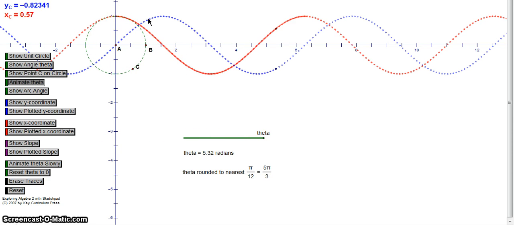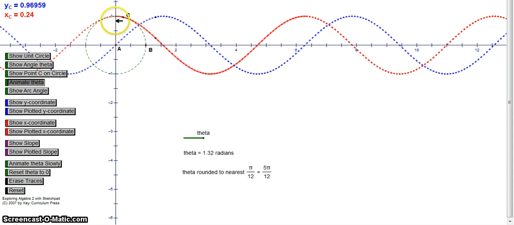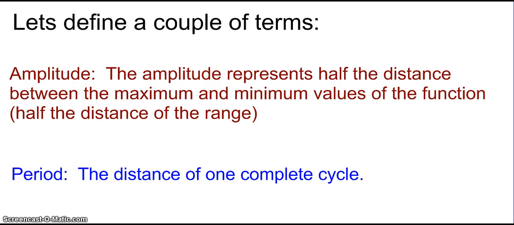Remember the co-function identities? How it was pi halves minus theta, that's a shift of pi halves. And so if you picture, if I shift this pi halves to the right, it is the sine curve. Or if I shift the sine curve pi halves to the left, it's the cosine curve. Fun stuff. Alright, so that was how we can create the sine and cosine curve by basically unwrapping the unit